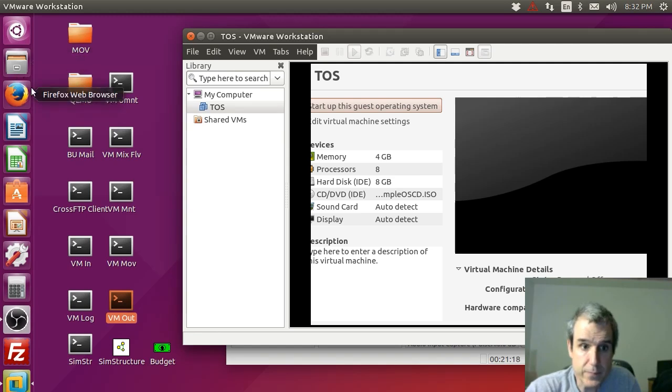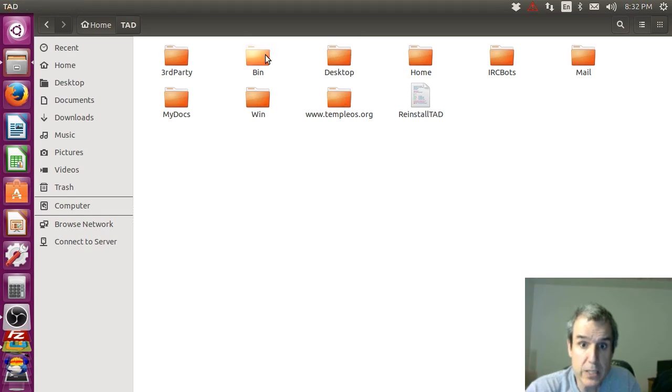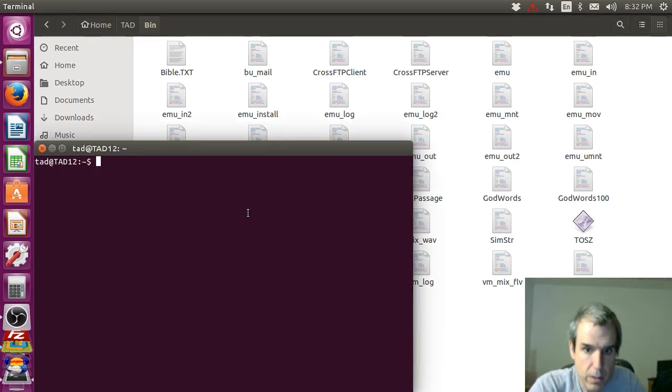So in my TAD directory, I put all my bash scripts. I put them in here. GW, Godwords. GW